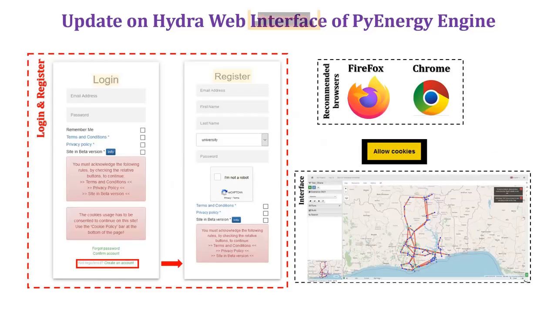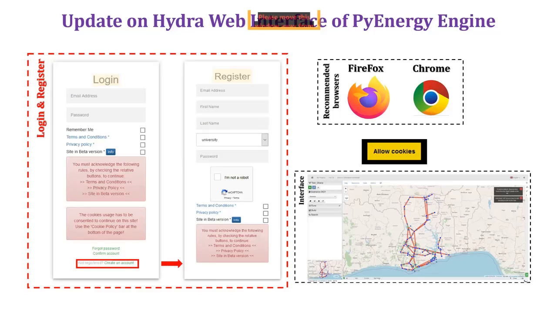Okay, thank you very much, Ruben. So in this slide, I will walk you through the main steps to access the online model. For the best user experience when accessing the interface, we recommend you use Firefox or Chrome. After you type in the URL, which is hydro.org.uk/login, you will be asked to input your login details, as shown in the screenshot on the left-hand side. For users who do not already have an account, click Create an Account and provide relevant information on registration, as shown on the right-hand side.